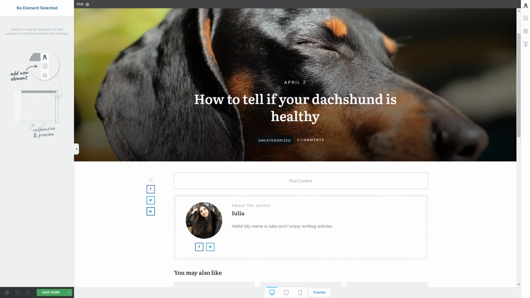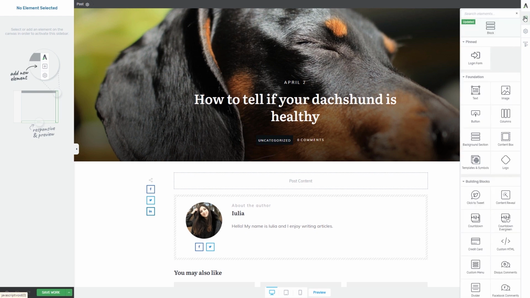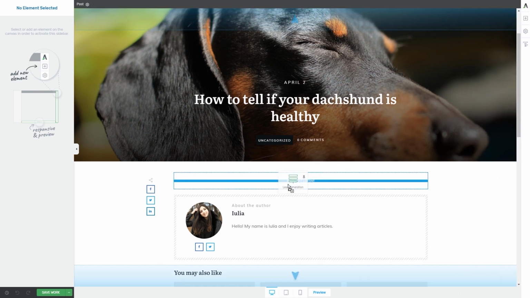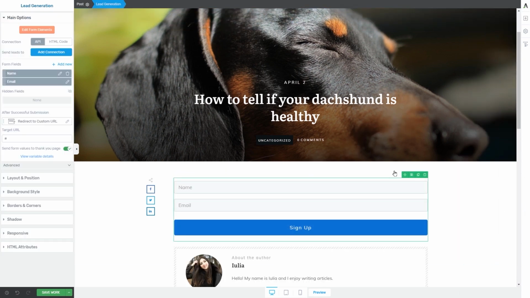The next step would be to add a lead generation element to this post. For that, I will click on the plus sign from the right sidebar and look for the lead generation element. Once you find the element, grab it and drag and drop it on the editor where you best see fit. The options of the element will appear in the left sidebar here, and you can use them to set up